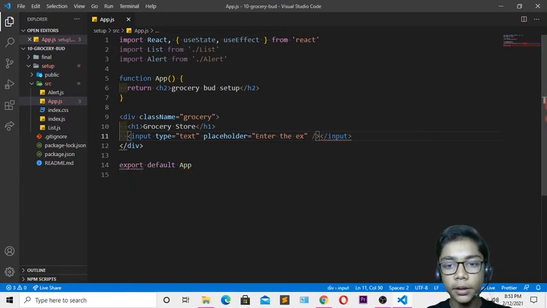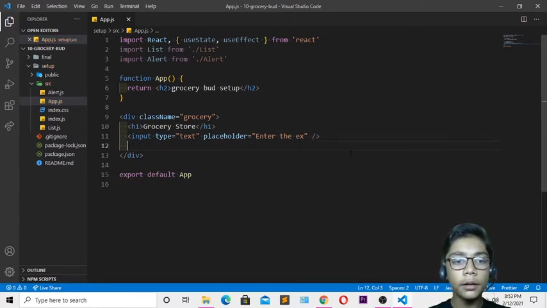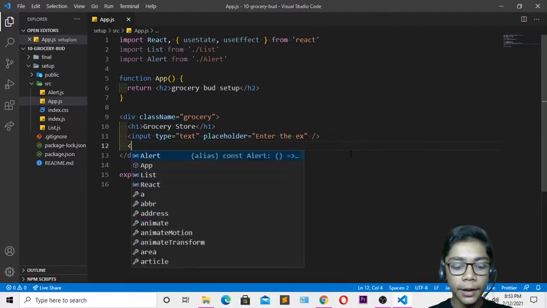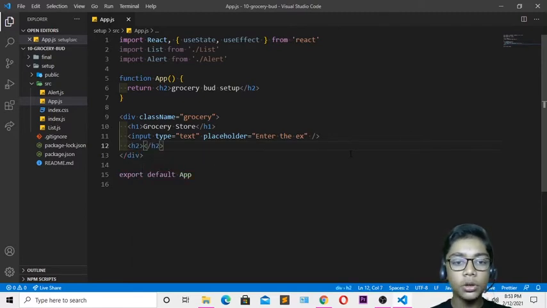Just close that by writing this, and you have to erase this because we have just closed that in this input tag. So when you've done that, you have to come over here and come underneath again. Then I will be defining an h2 tag in that. In this h2 I will be defining a placeholder. So I'll be writing a placeholder and right over here, grocery, like that.